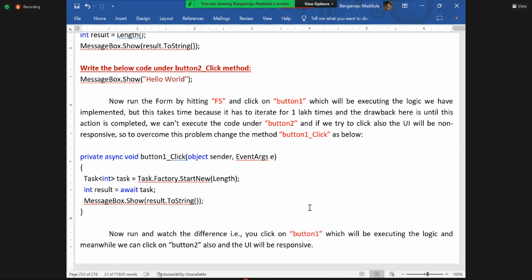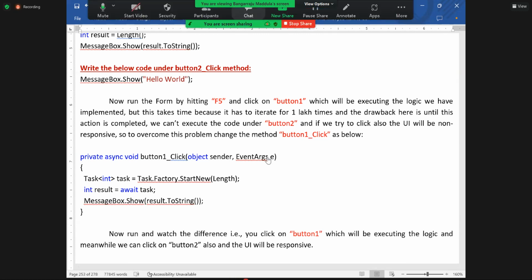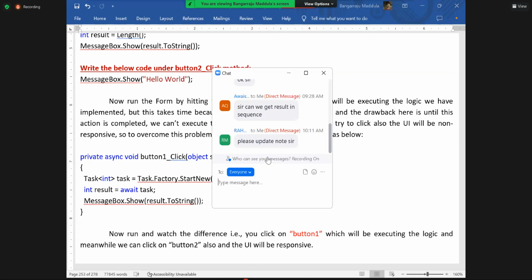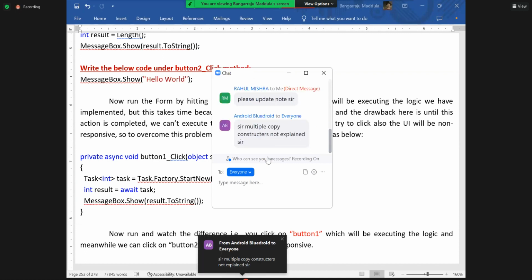We are done with this particular session. We don't have a session from tomorrow, so we'll be directly meeting in the MVC class. That's it. Okay. Yeah, I will update the complete notes here. The complete modified notes I'll be putting